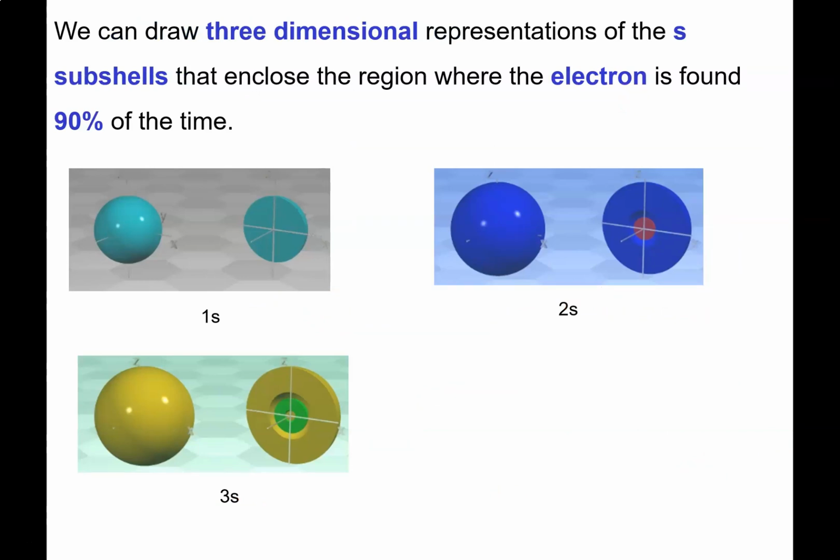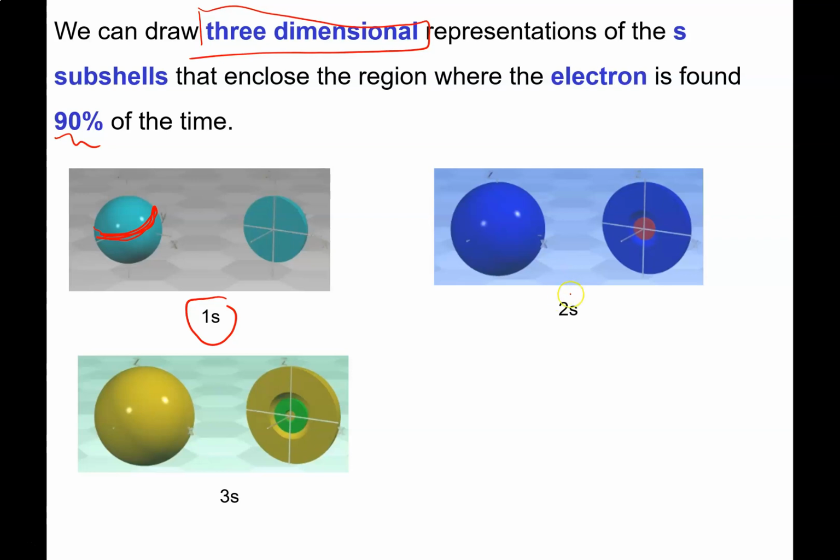Okay, another way that these orbitals are often represented is in a three-dimensional diagram, which is referred to as a sort of probability surface. So what they draw is a three-dimensional representation of the subshell, which tells you where the electron is going to be a certain percentage of the time, and normally it's written as a 90% probability surface. So here's the 1s, and it's just a sphere,